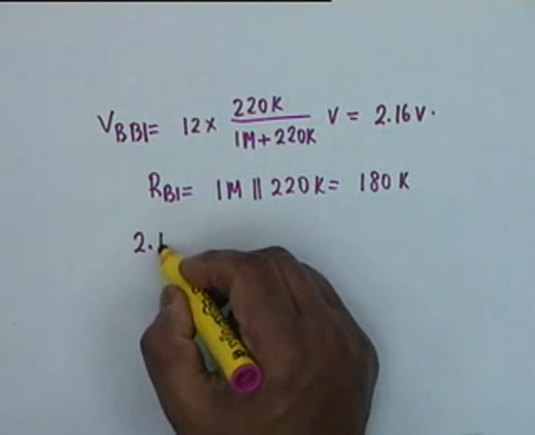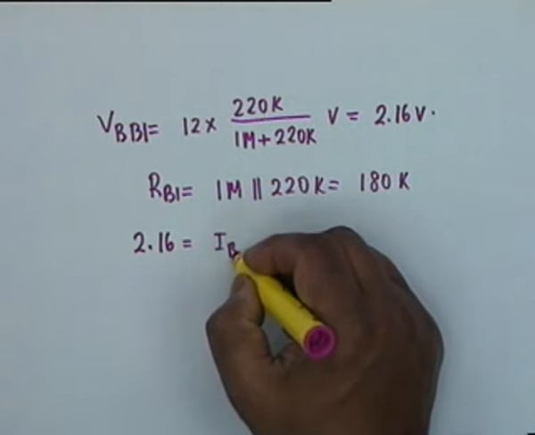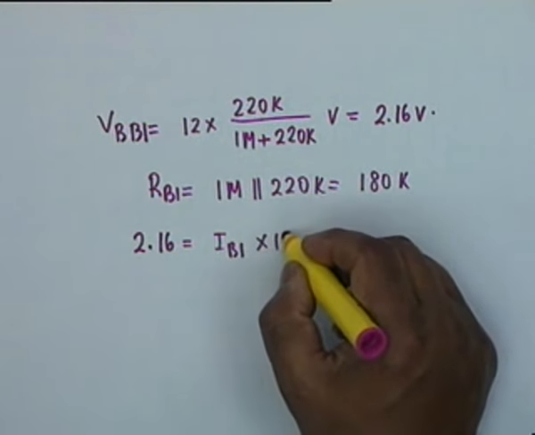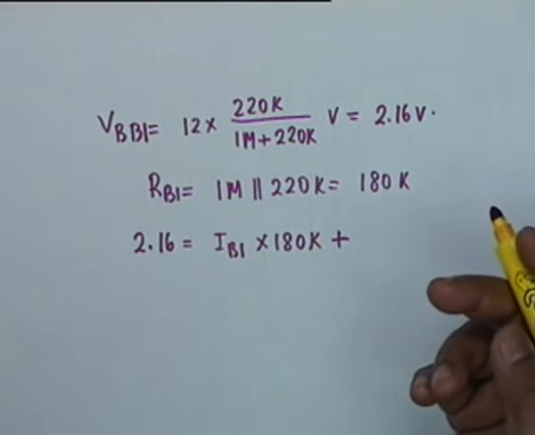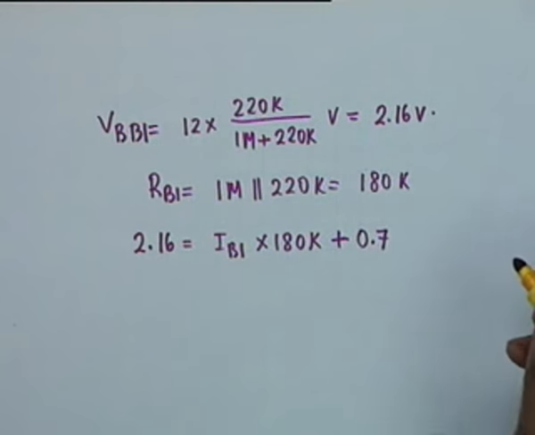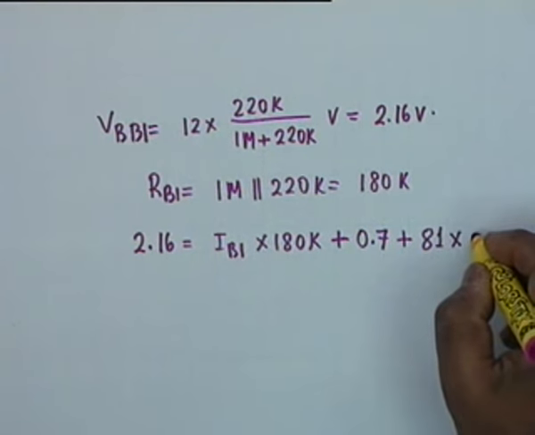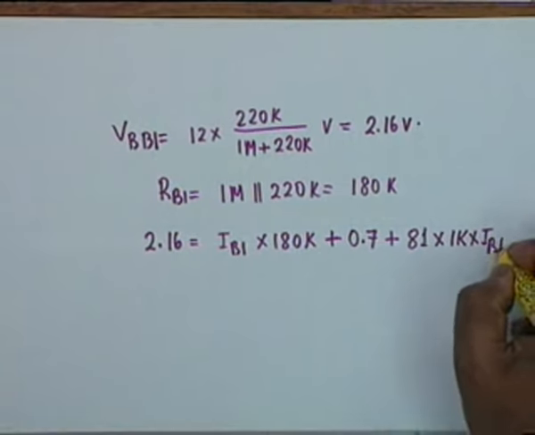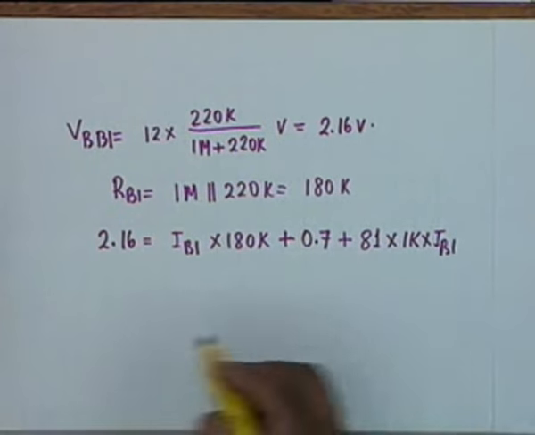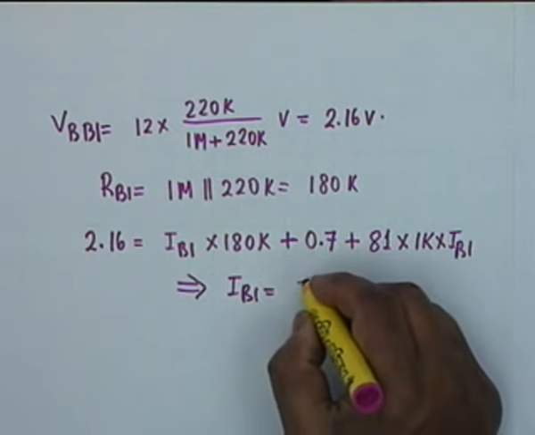Therefore 2.16, VBB1, would be equal to IB1 multiplied by 180K, that is IB1 times RB1, plus 0.7 plus beta plus 1, that is 81, times RE1, that is 1K, times IB1, in which the only unknown is IB1, and therefore you can calculate IB1 as equal to 5.6